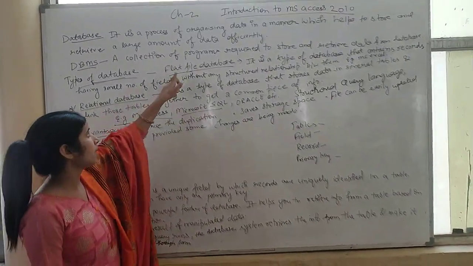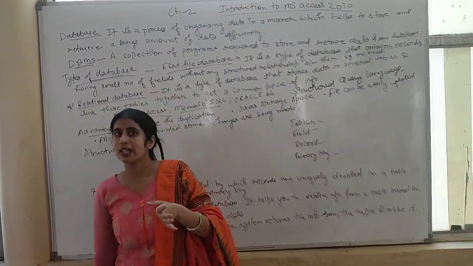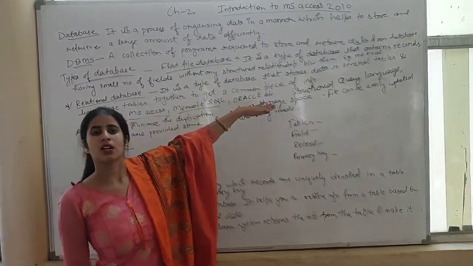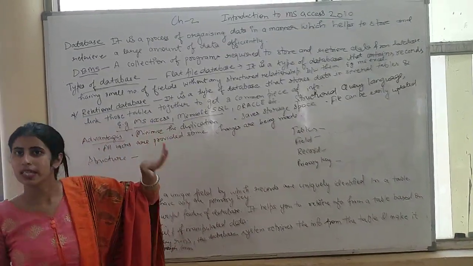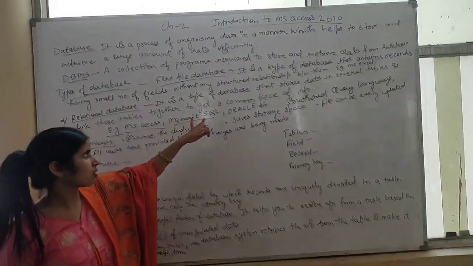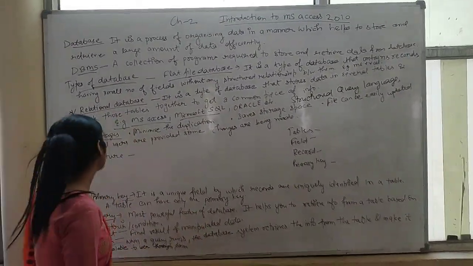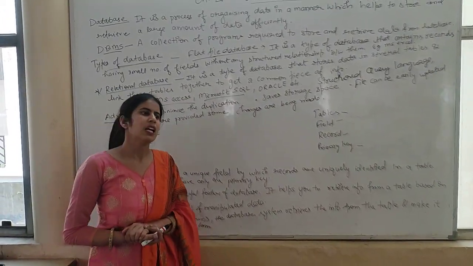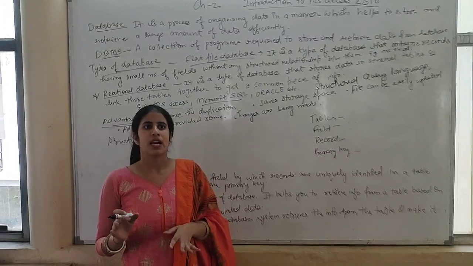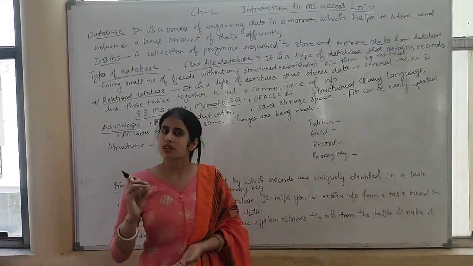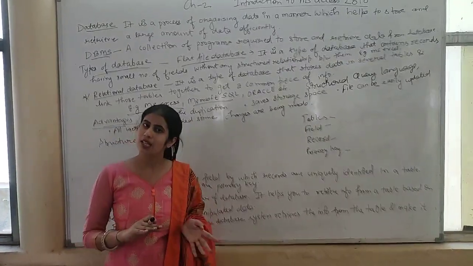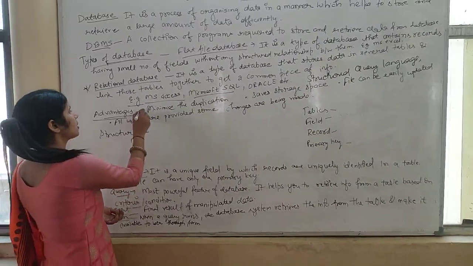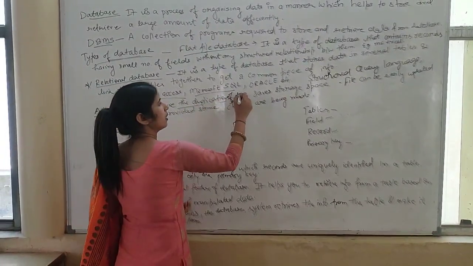So the examples of flat file and relational database are: for flat file the example is MS Excel, and for relational we are having three software. Others are also there, but I am describing here only three software, and they are MS Access, Microsoft SQL and Oracle. Now the next topic is advantages of database. As we know that any new thing or any new instrument or any software, any program has a few advantages and a few disadvantages. So advantages of database are, first is minimize the duplication of data.